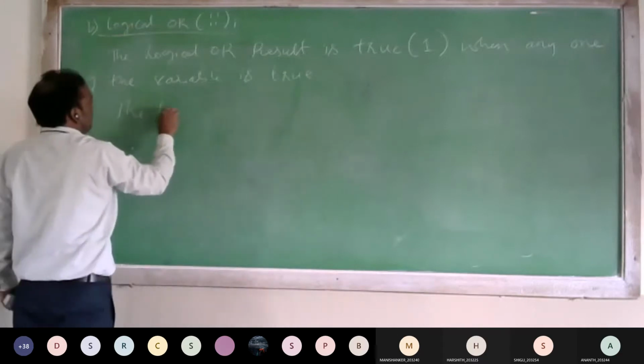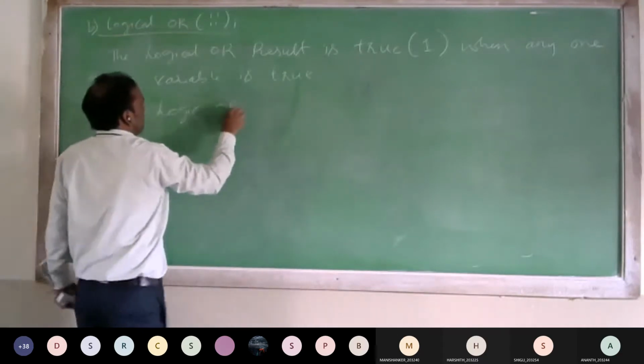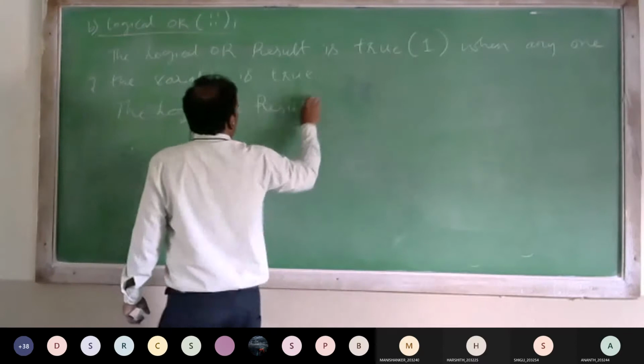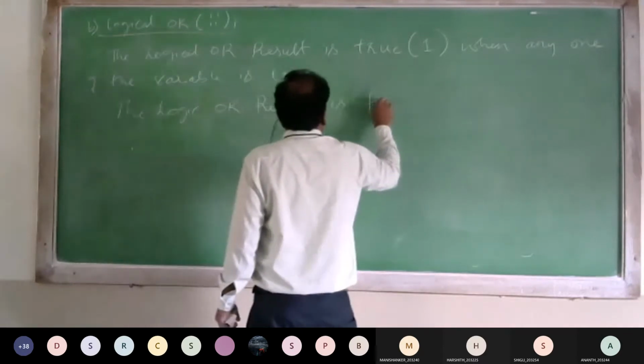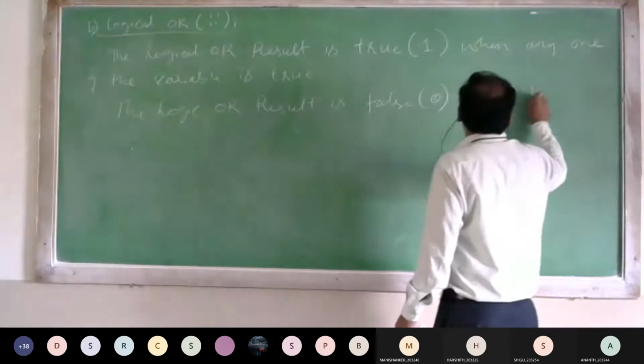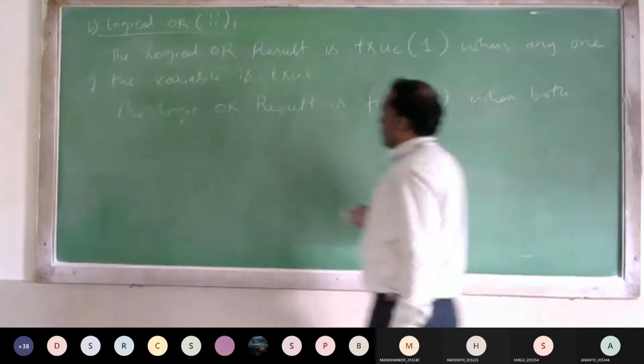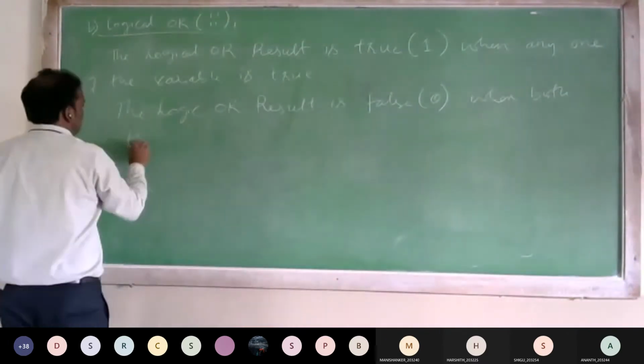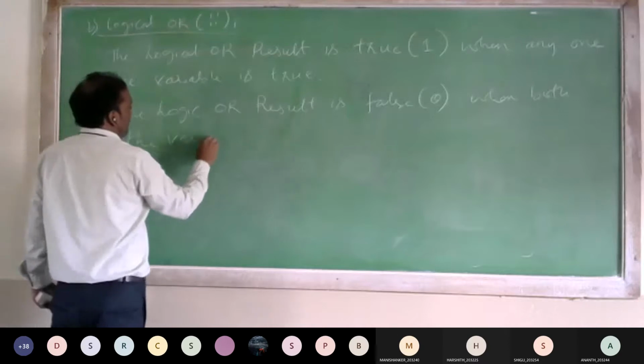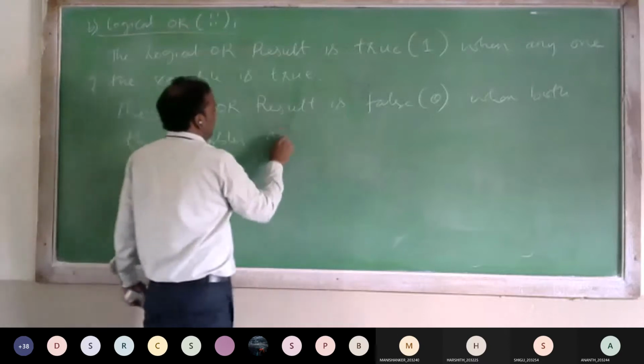The logical OR result is false when both the variables are false.